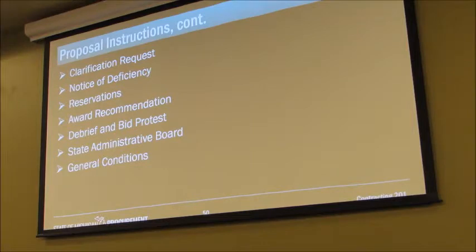Are you all familiar with that? How that works? State Administrative Board? Right now, that means that anything $250,000 or above has to be approved by the State Administrative Board. So that puts an extra three weeks on our process, so the buyers have to build that into their solicitation timelines. When we make an award recommendation, if it's 250 or above, it gets sent to the State Administrative Board,